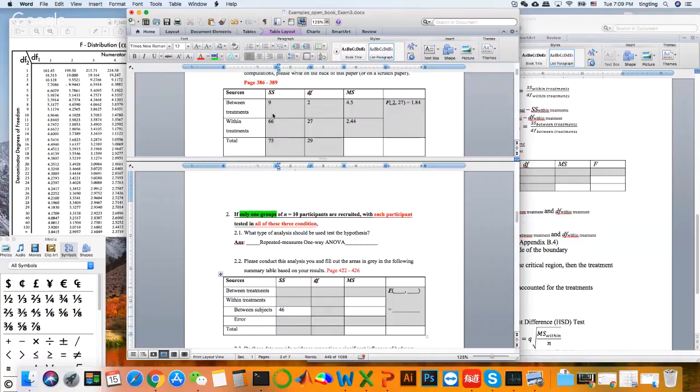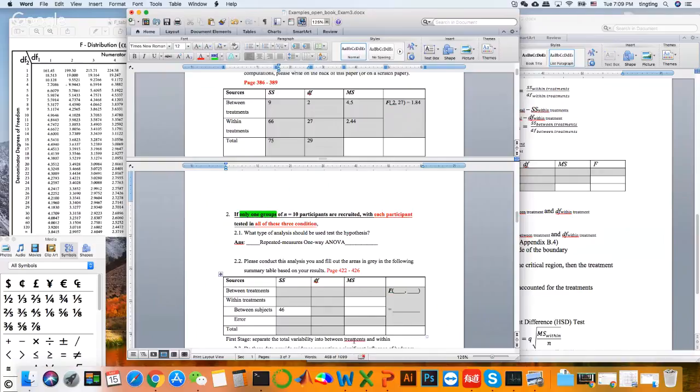So in the first step, we separate the total variance into the first stage, into between treatment